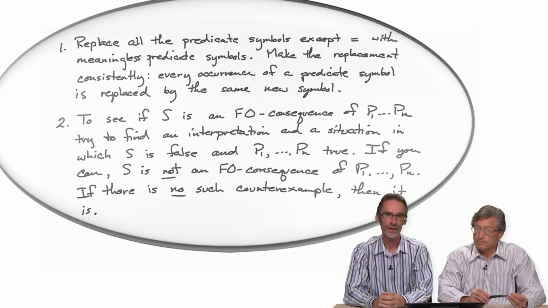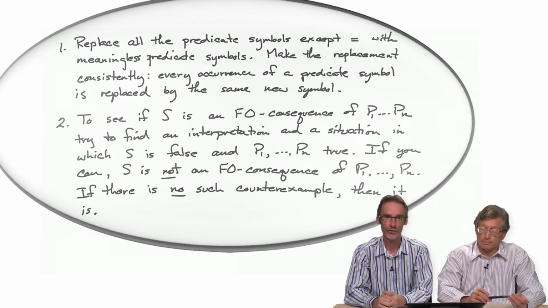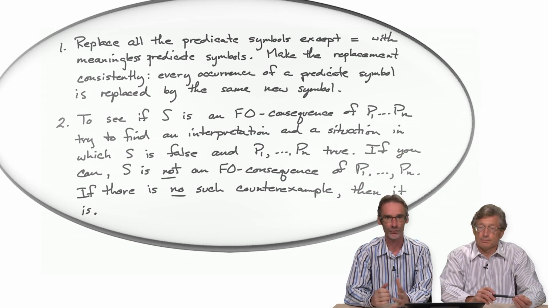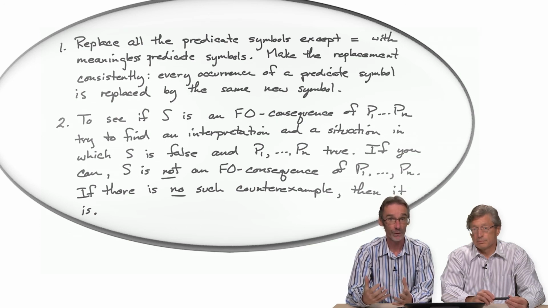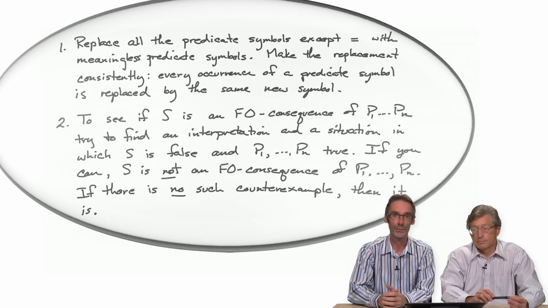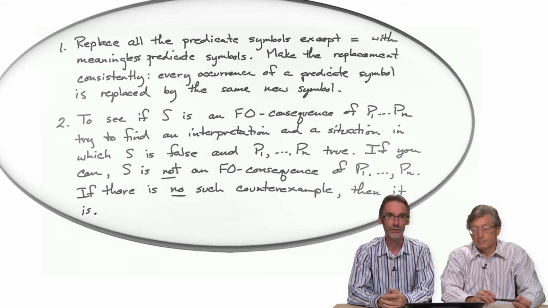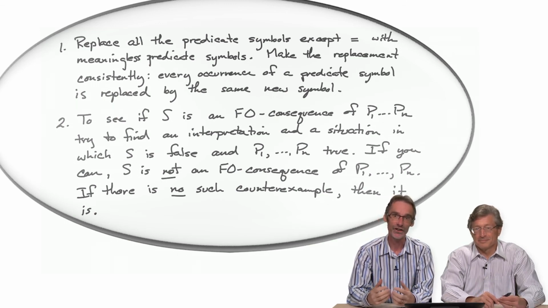So you'll notice that this method for determining first-order consequence is not as routine or straightforward as the test for tautological consequence. In that case, we had a set of rules to follow, and while possibly time-consuming, we'd always get a definite answer. The problem with this procedure is that if you've failed to find a counterexample after, say, 18 hours of trying, and I recommend at least 18 hours of trying, this doesn't mean that the sentence is not a consequence of its premises.